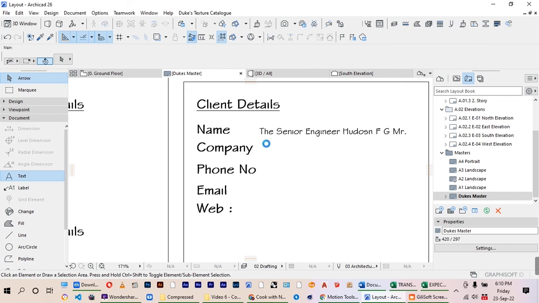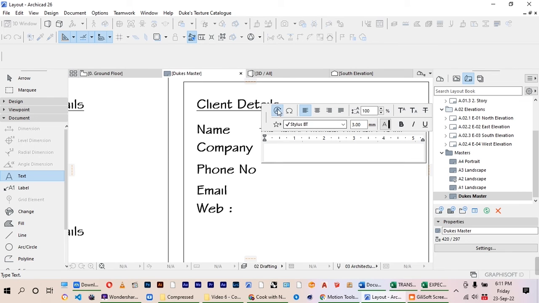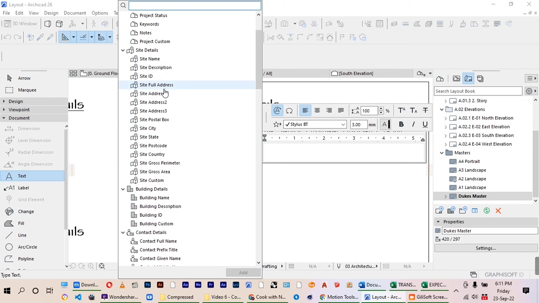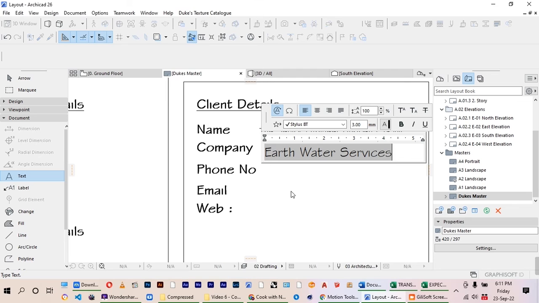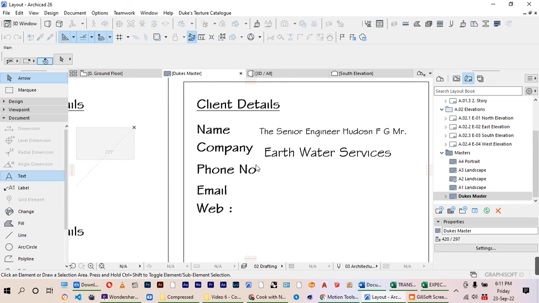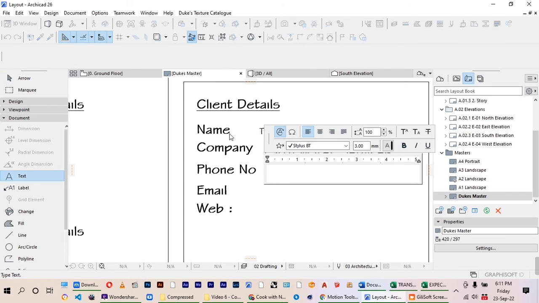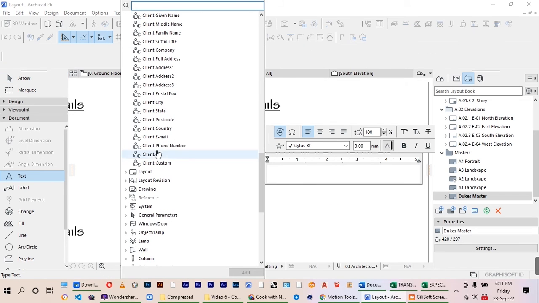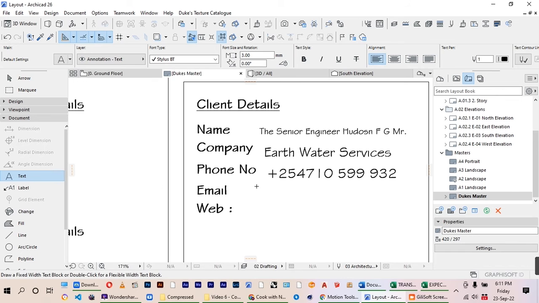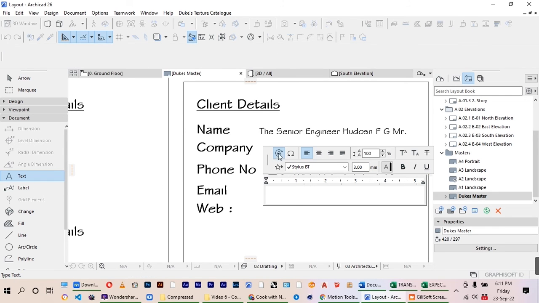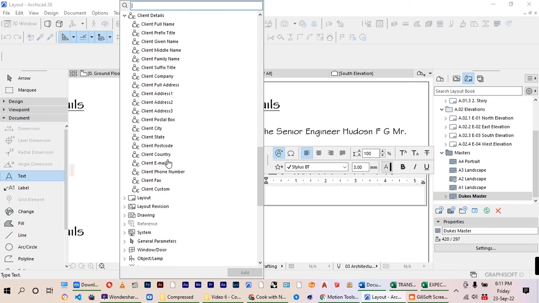Then go to the company, outer text, client name, client company, and water services. Okay, go to the phone, client phone number, it's here. Go back, email, client email,